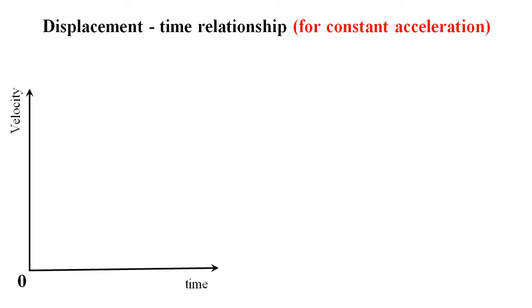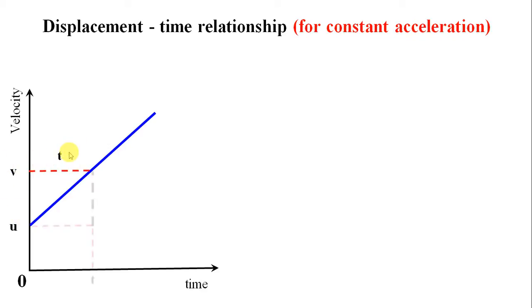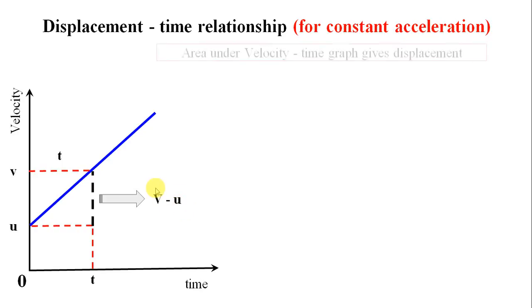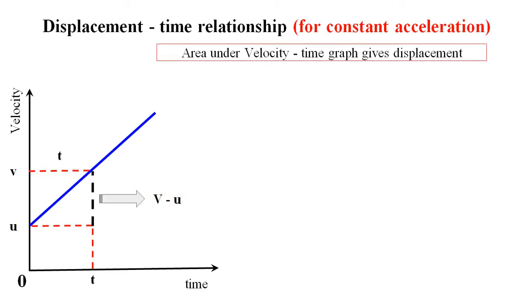Let's go for the second relation, displacement-time relationship, and to understand this, let's again consider the velocity-time graph for constant acceleration. Let the initial velocity be u, and after some time let the velocity of the body be v after some time t. Hence the increase in velocity is given by v minus u. We already have understood that the area under velocity time graph gives displacement. Hence, total area under this particular graph,